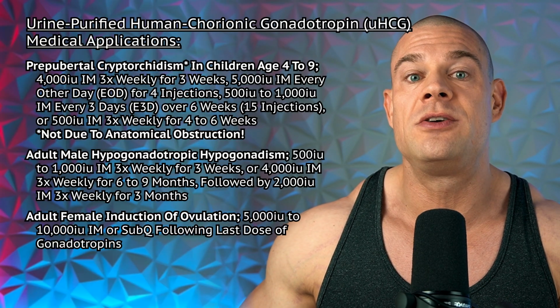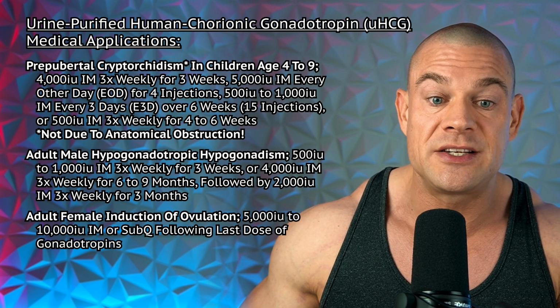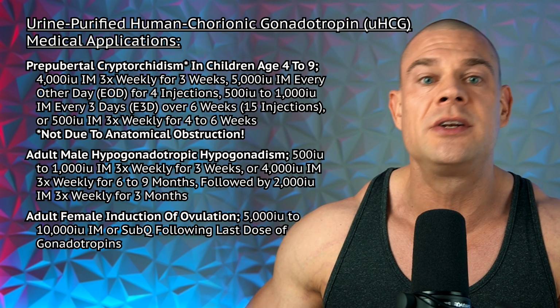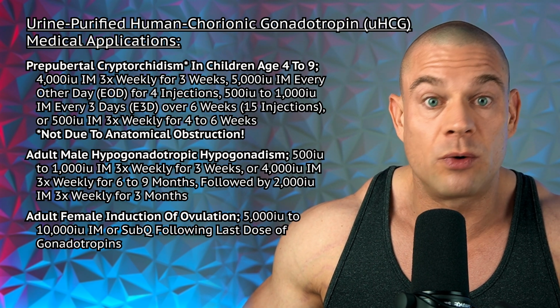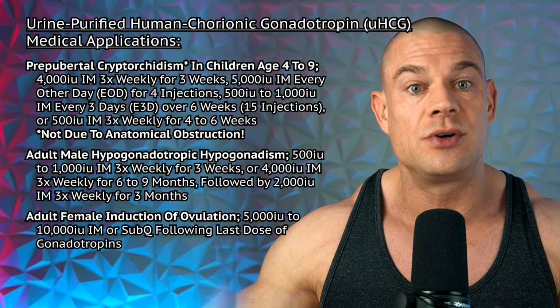Urine-purified HCG is being used in the treatment of prepubertal cryptorchidism in children aged 4 to 9 years old, which is not due to anatomical obstruction. Cryptorchidism is a condition where one or both of the testicles fail to descend from the abdomen into the scrotum,